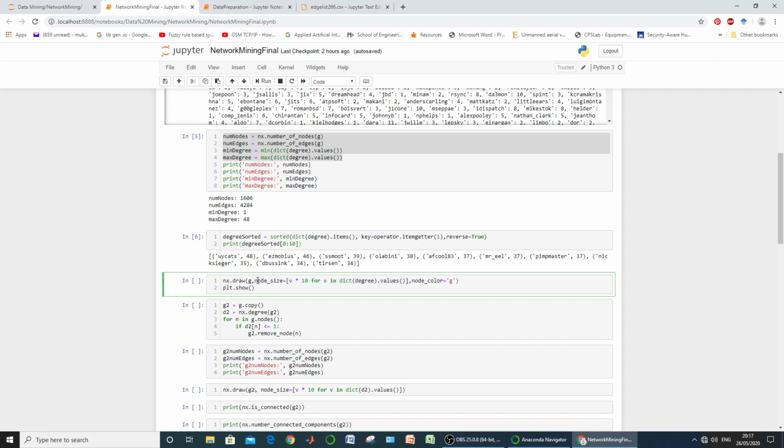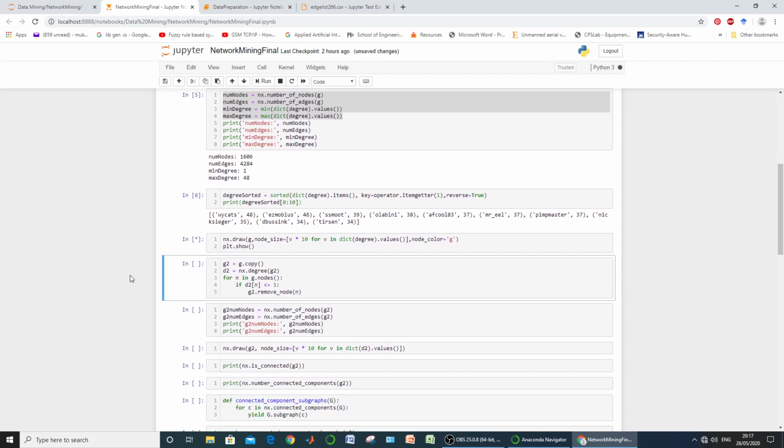We want the node size to be directly proportional, or 10 times that of the degree of that particular node. So this is the argument for that, and we want the color of each node to be green. We may have any color, red, blue, etc. If we execute this, it will draw a graph for us, showing all the interactions represented in the CSV file that we created earlier, and for which we created a network using your networkx library.